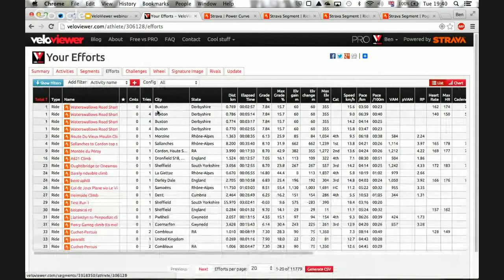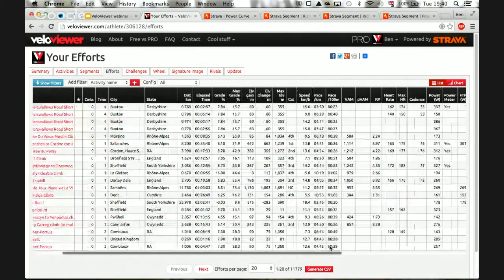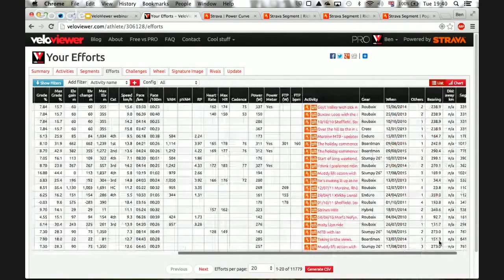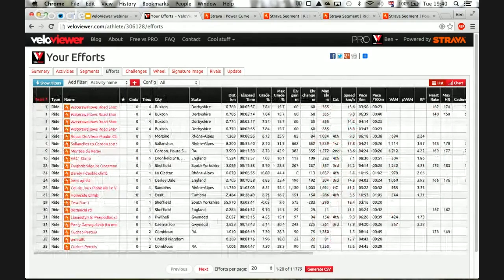So you can see I've had 4 tries on that particular segment. So there are my 4 tries, and it has my elapsed time for each of those tries, and all the other stats that you have on the segments tab. But now, as opposed to just being your PRs, you've got them all in here. So where this becomes useful is